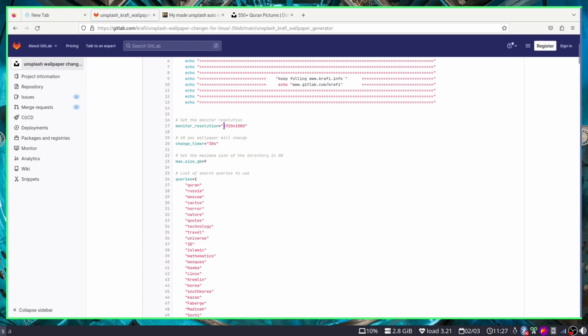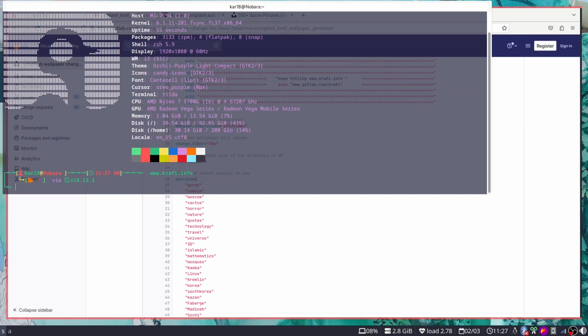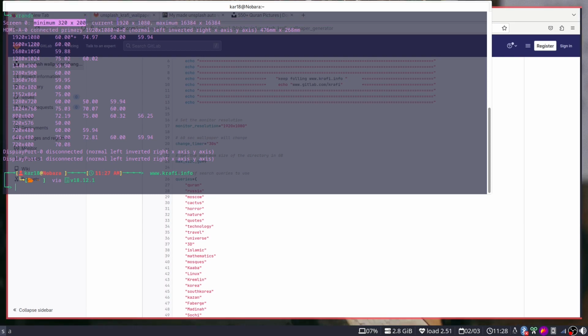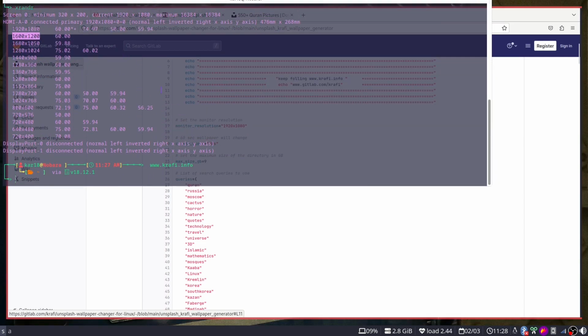You can set the resolution here. In my case it is 1920 wide and 1080 in height. But if you want to see your resolution, go to your terminal, type xrandr, and you can see the minimum I can use, the resolution I'm currently using for my wallpaper, and the maximum I can use. The monitor is active on this resolution, so I just need to set this one here, and it's already set. If your case is this one,